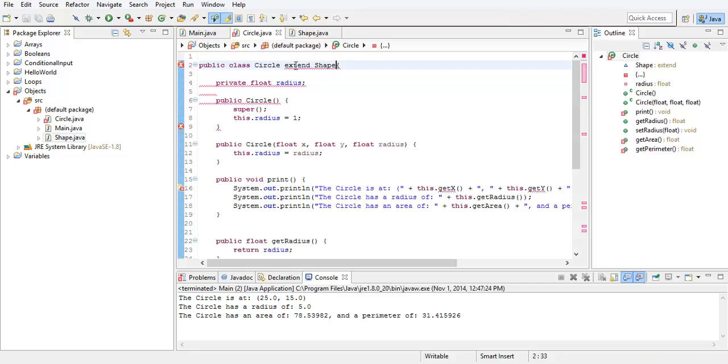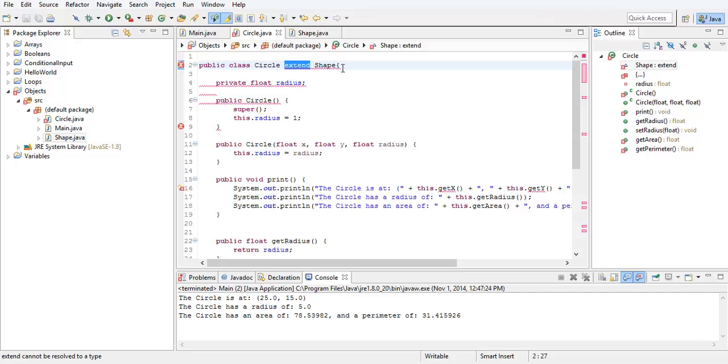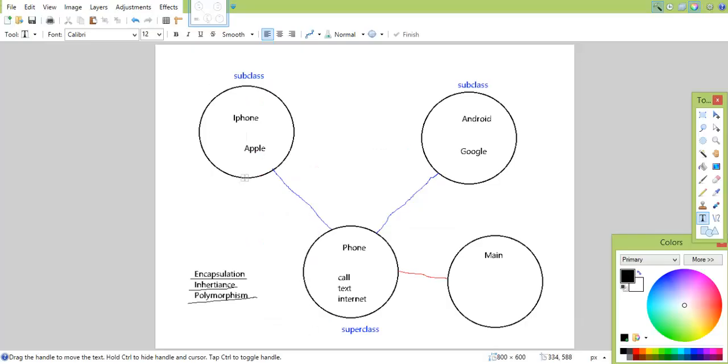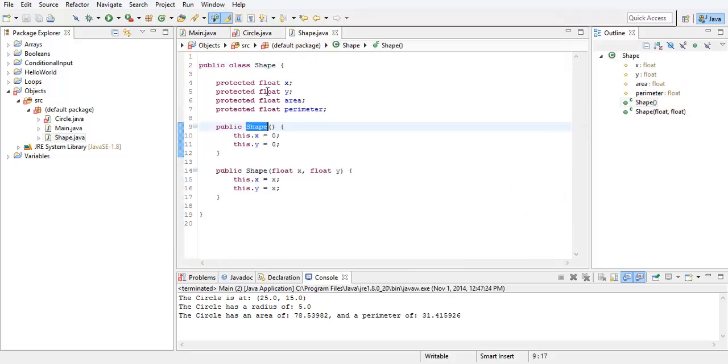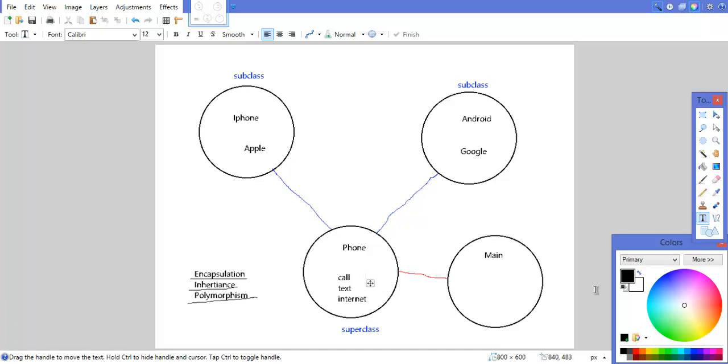Alright, I think I spelled extend wrong. Oh no, it's extends with an S, sorry. Extend shape, which means that now we just drew this blue line. And what protected means, it's like private, but not just this class, also any class that extends it. So if we have a protected float serial number,